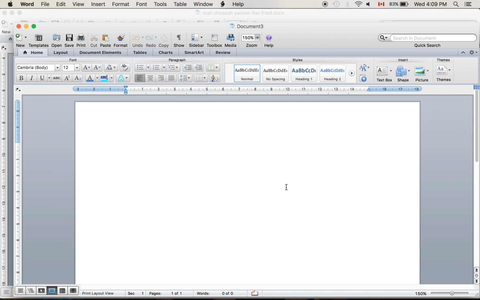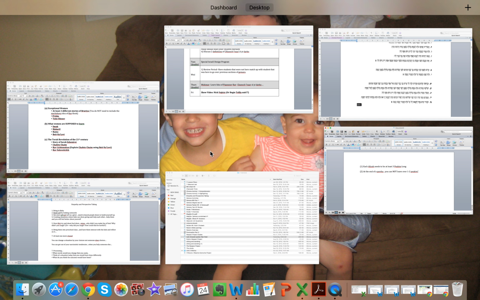Rule number 1 is each aliyah needs to be at least 3 psukim long. Otherwise, it's for sure game over. You can't work. Rule number 2 is at the end of a parsha, you cannot leave over 1 to 2 psukim. Right? If you're coming towards the end of a parsha, the end of a section, you can't leave